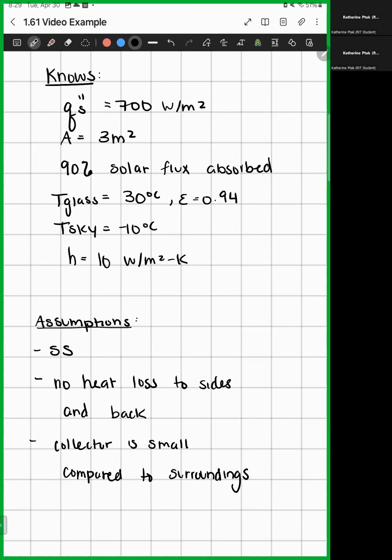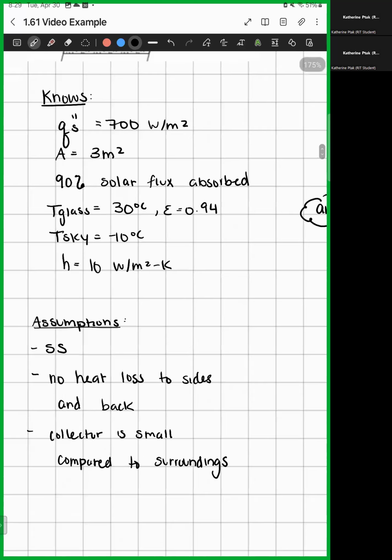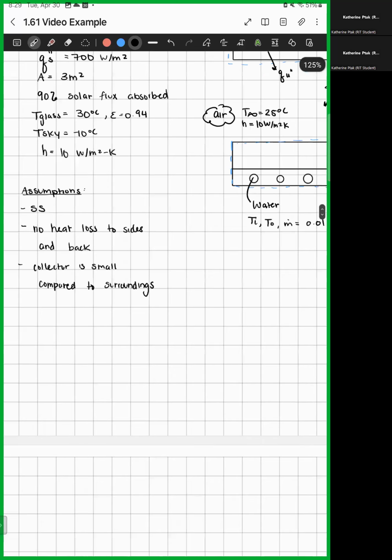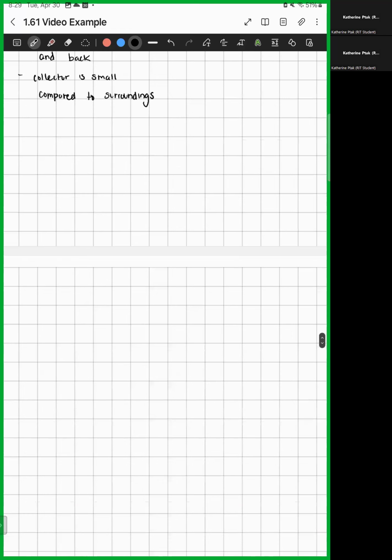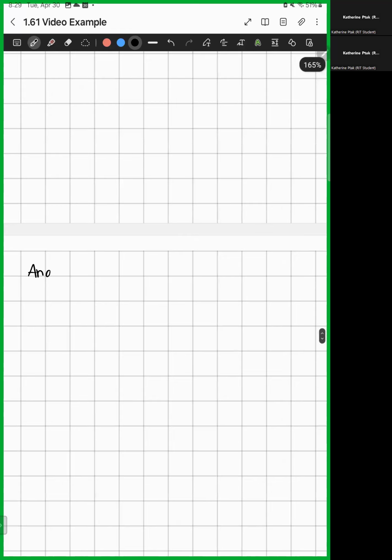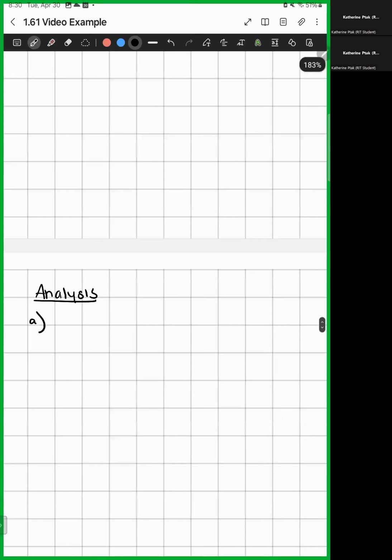So now that we have our assumptions, we have all of our figures, we can get into the analysis bit of it. So I'm going to go down here. So we have part A. So we're doing an energy balance. So we have E in minus E out plus E generated equals